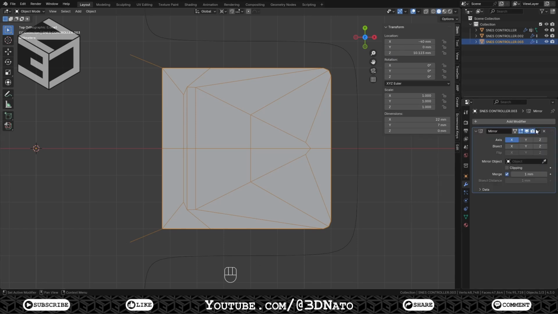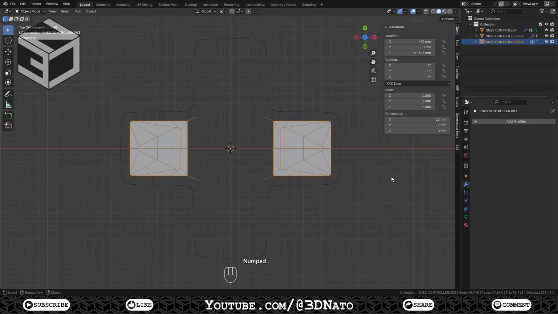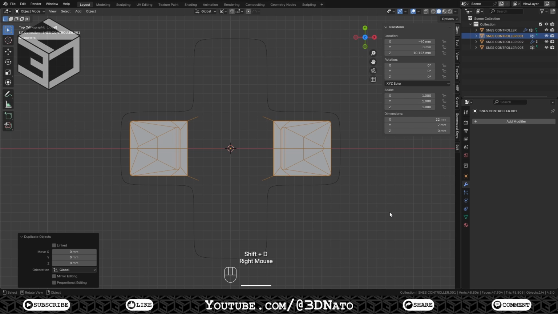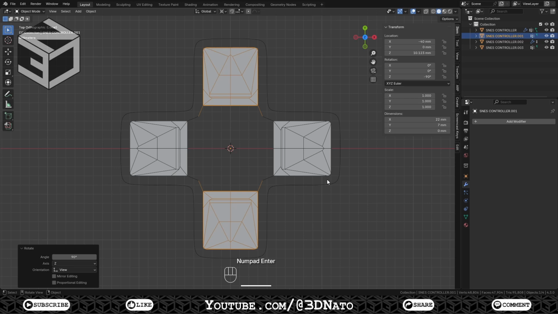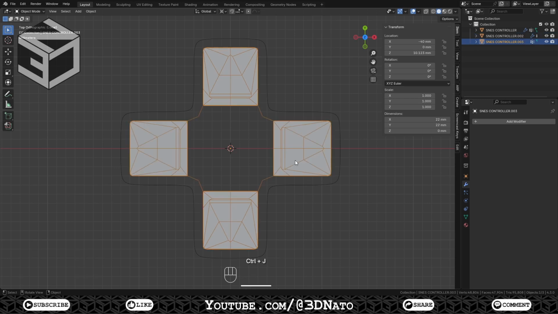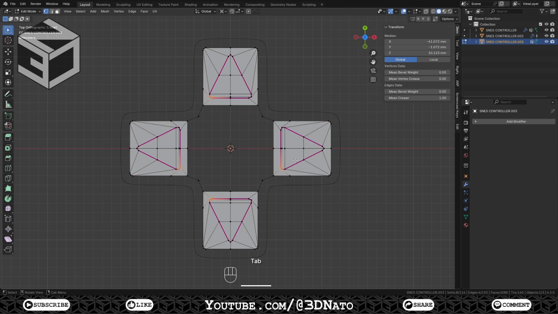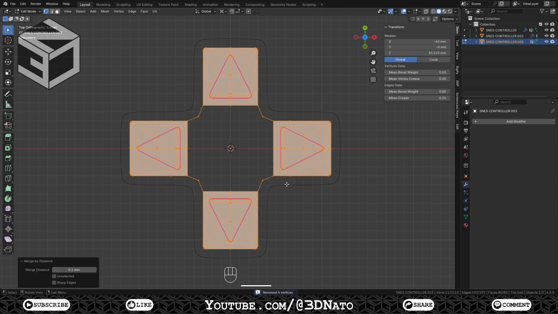Add a mirror modifier and apply it. Press Shift+D to duplicate the mesh, press R to rotate, Z to lock axis, type 90 and enter to confirm. Shift select the first one and press Ctrl+J to join. Press Tab to go to edit mode, A to select all, M to merge by distance and Tab to exit